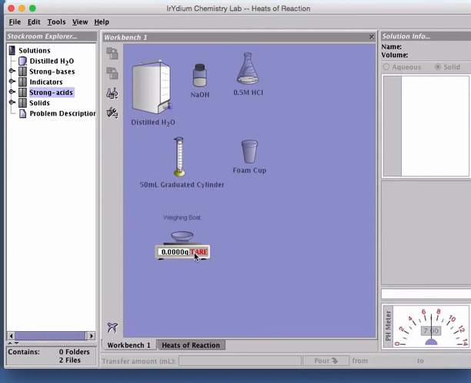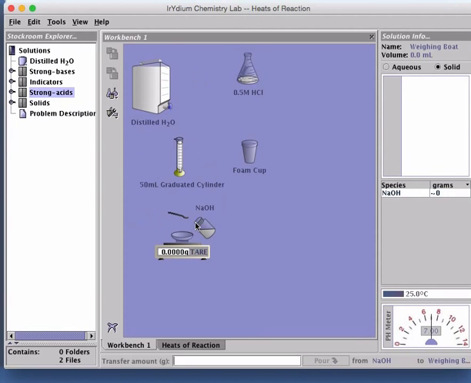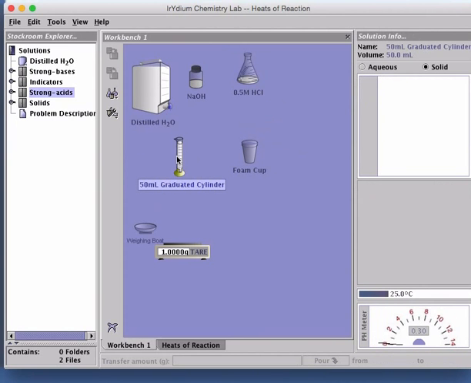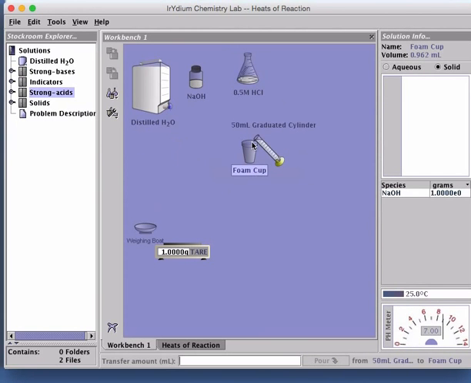Weigh 1 gram of sodium hydroxide using weighing boat. Transfer sodium hydroxide from weighing boat to foam cup. Click on graduated cylinder. Record its temperature. Pour the contents of the graduated cylinder into the foam cup.